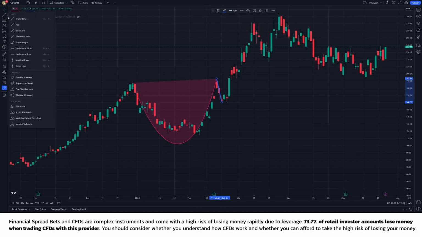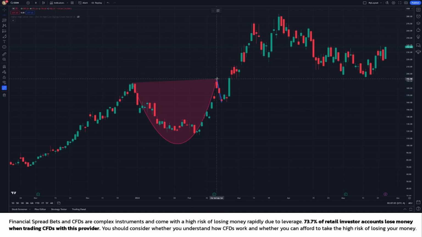Interpreting this pattern is crucial for making informed trading decisions. The key moment comes when the price breaks out from the handle. This breakout is generally on higher volume and can serve as a confirmation of a continued upward trend. Traders might consider entering a long position after this breakout, setting a stop loss just below the handle to protect